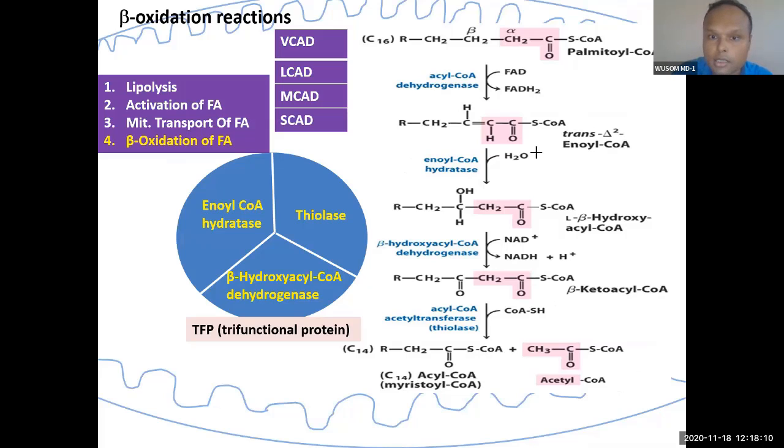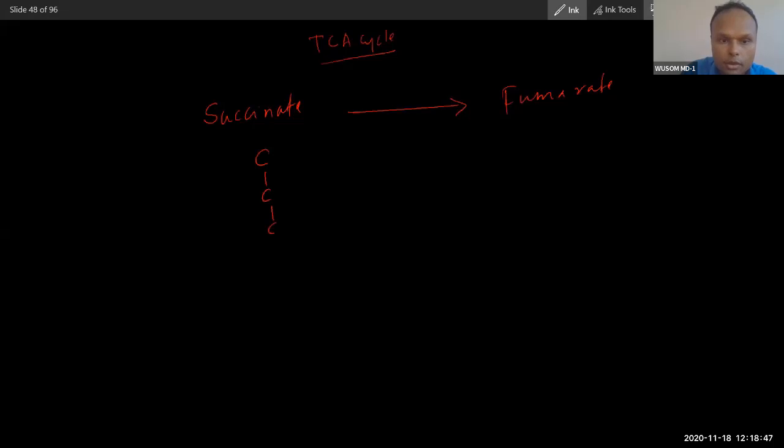So the first reaction, there will be alpha carbon and beta carbon. So this is alpha and this is beta. Between them there will be a bond formation between alpha and beta, so hydrogen from these two will be taken off. And remember, I have told you, if you can remember the succinate reaction, succinate to fumarate in the TCA cycle? Yes?